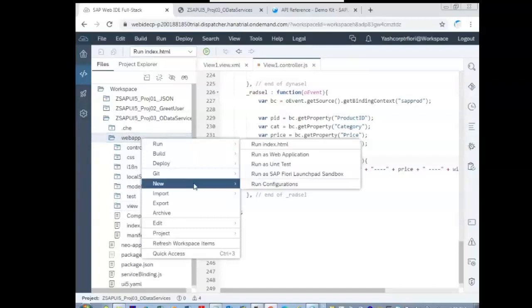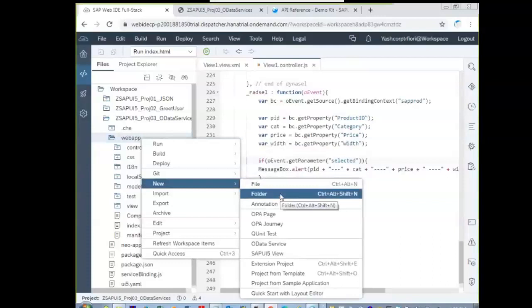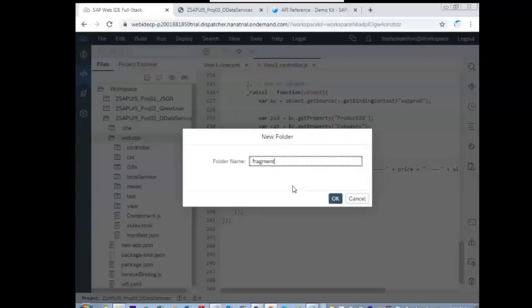Right click on the web app, new folder. Name that as fragments.